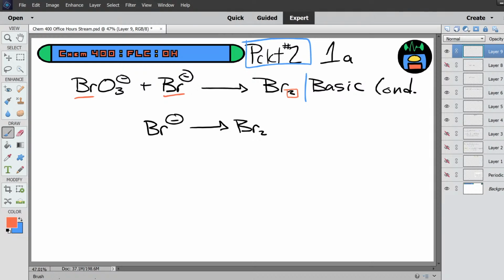So first off, we need to make sure that our atoms are balanced. And right now we have two bromines on the reactant side, one bromine on the product side. And so to get the same number of bromines, we need to multiply bromide by 2. So we've got bromide multiplied by 2. And now